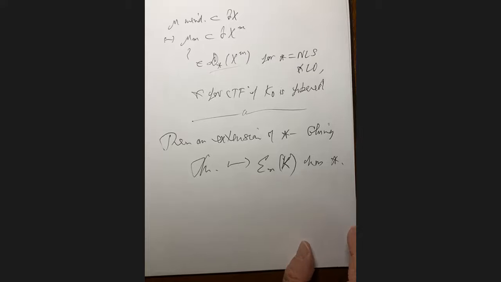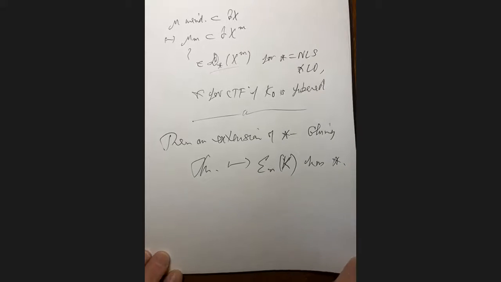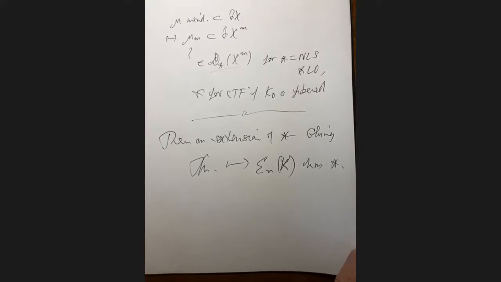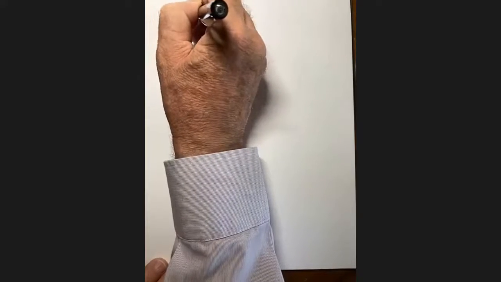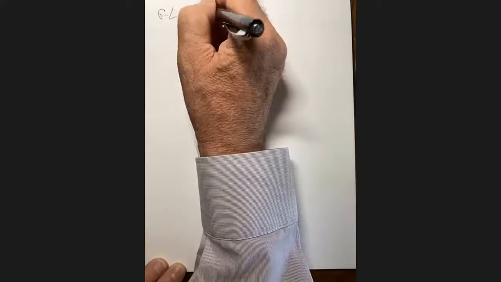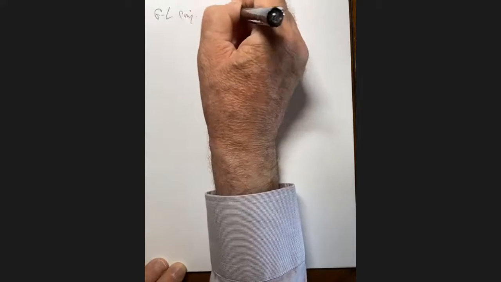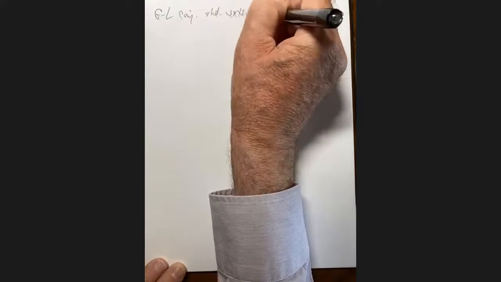Okay, so getting back to the conjecture that for a prime satellite knot, all the cyclic branch covers should be LO and CTF. So remember, a satellite knot is one whose exterior contains an essential torus. So that should extend to links as well, actually. So this conjecture with Ty Lidman should extend to links.